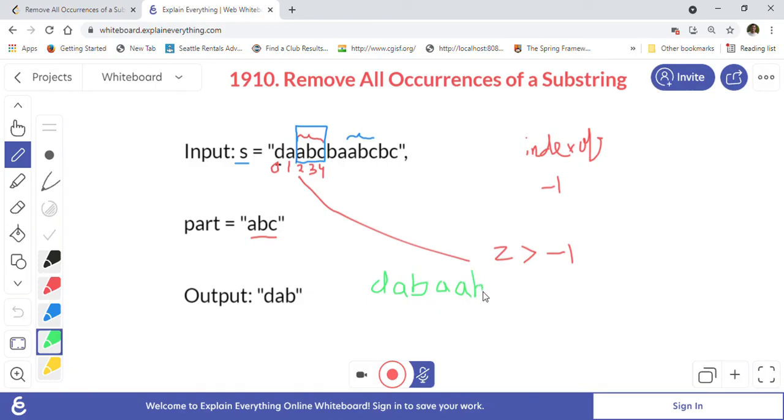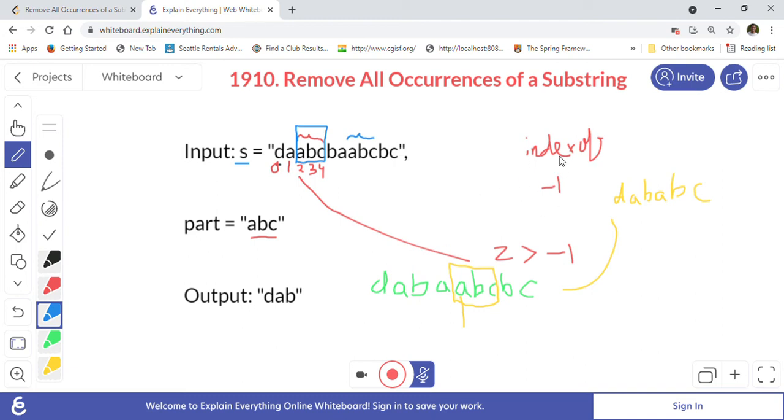So BC, so this is the string we were working at. Now at this point it again finds the index of the ABC string, and it gives us the index of this one, right? So we will again remove this ABC from this string. Now the string that remains is DABABC, right? I will just write down after removing ABC. Now it becomes DABA and BC, right? BC. So now again we will try to find using index of.